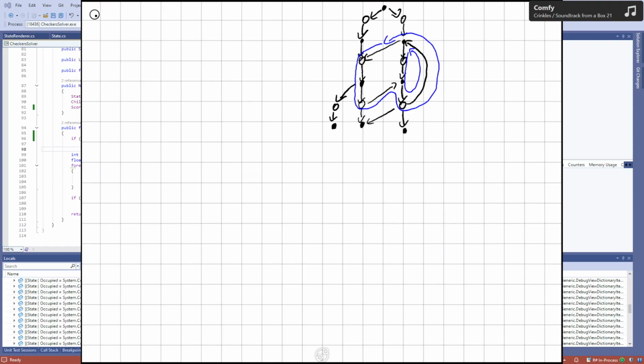One option, I could just try to find the shortest route from the root, which will be a single node, to every leaf. And then anything that's not on any of those shortest routes will be part of a loop, or must be part of a loop. Right? So...